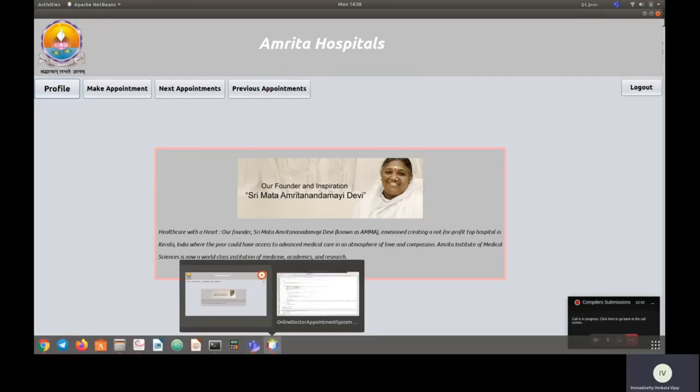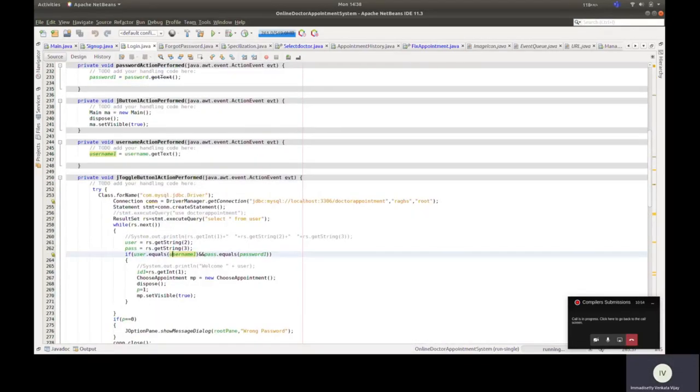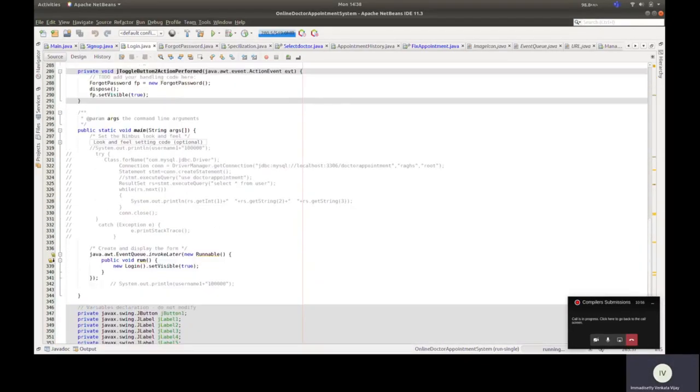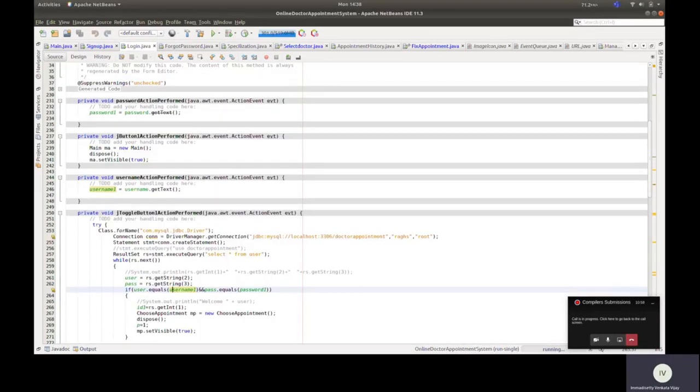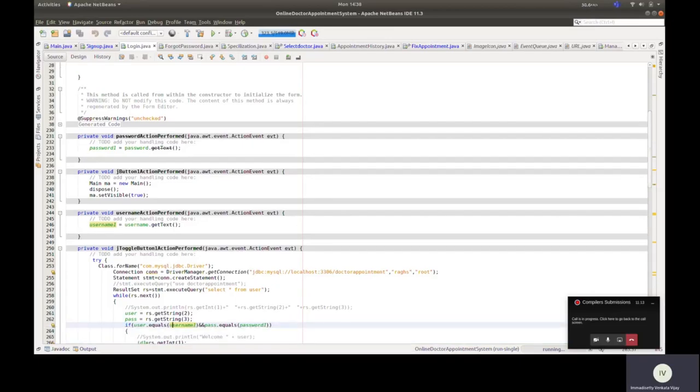Now we'll see the code. We'll go through the code of login here. Login is the same as before. We just took the variables and stored the text from the text fields on the button event, and we stored them here in password1 and user1.